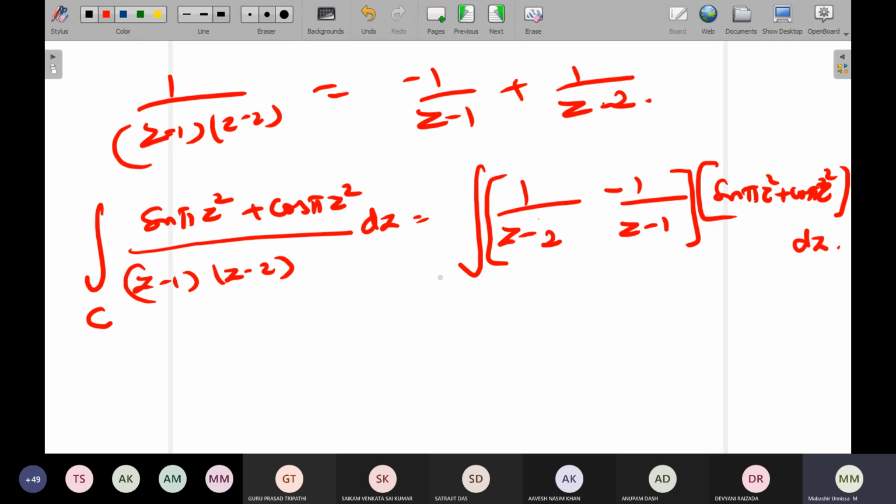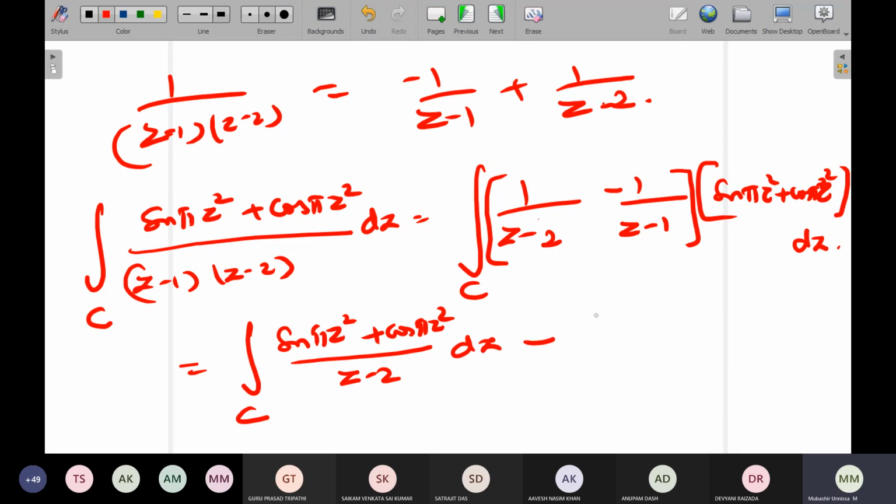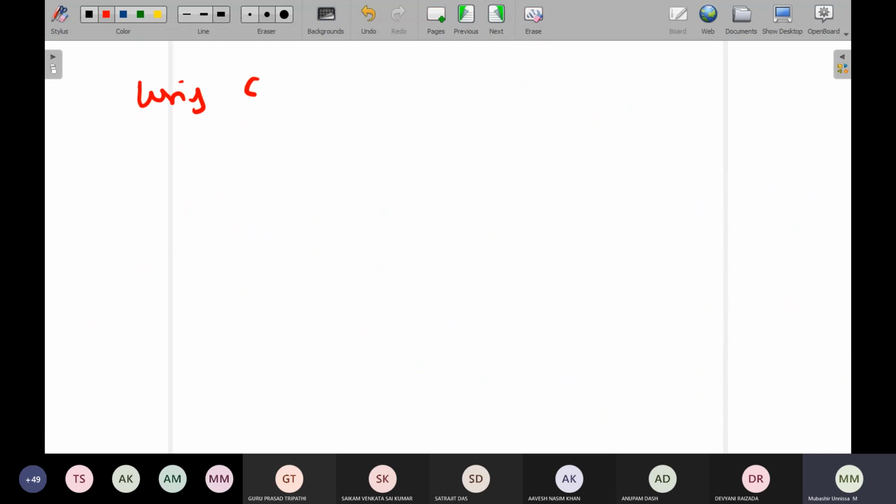Now I'll split it. I can split this as integral over C of (sin πz² + cos πz²) divided by (z − 2) dz, minus integral of (sin πz² + cos πz²) divided by (z − 1) dz. Now you can see it is in the normal form, something like f(z) by (z − a). So using Cauchy integral formula,